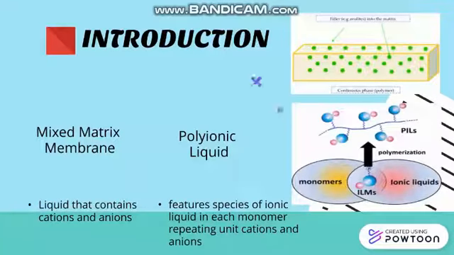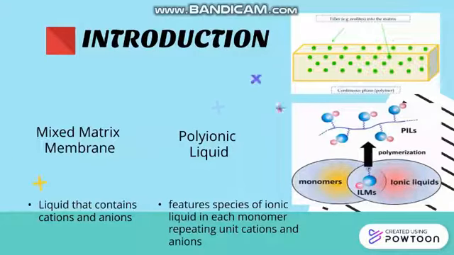Ionic liquid is a liquid that contains cations and anions. It is a green solvent. A polyionic liquid features species of ionic liquid in each monomer repeating unit, and macromolecular structures are formed by